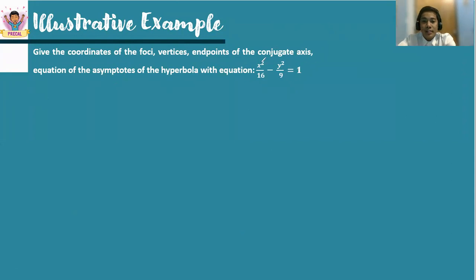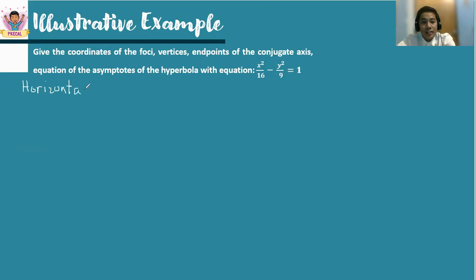Based from this given example, since the x part is positive and the y part is negative, what type of hyperbola do we have? Very good. This is an example of a horizontal hyperbola,